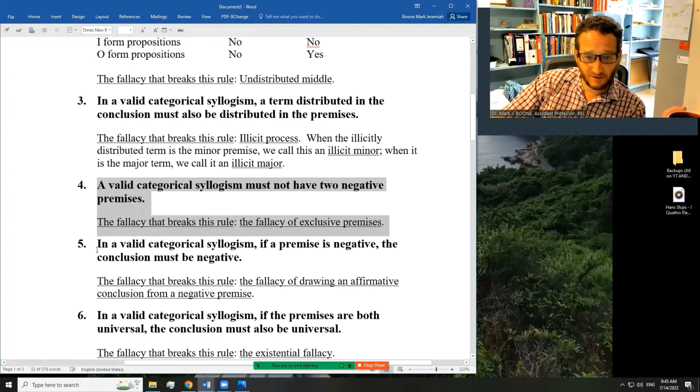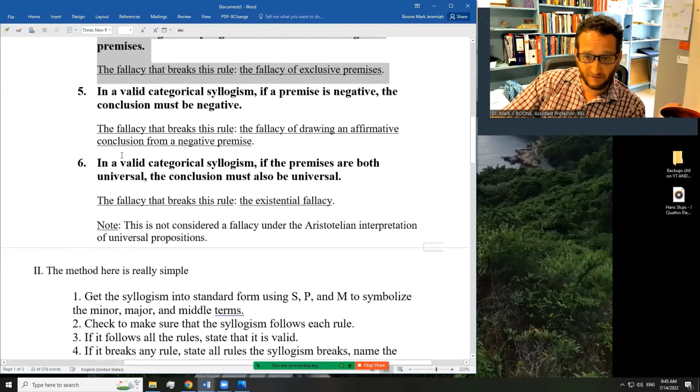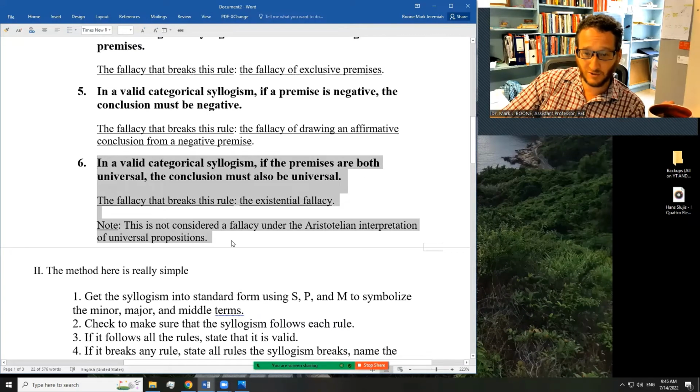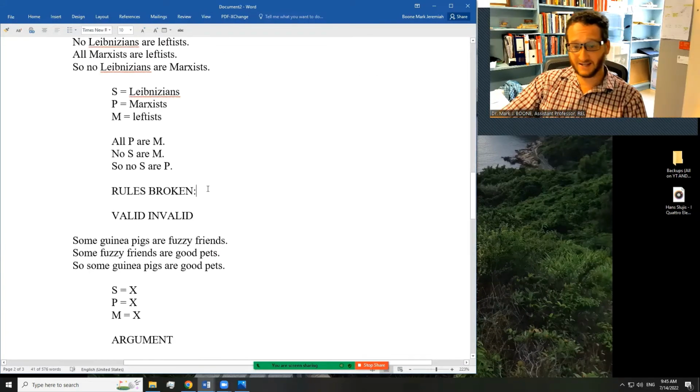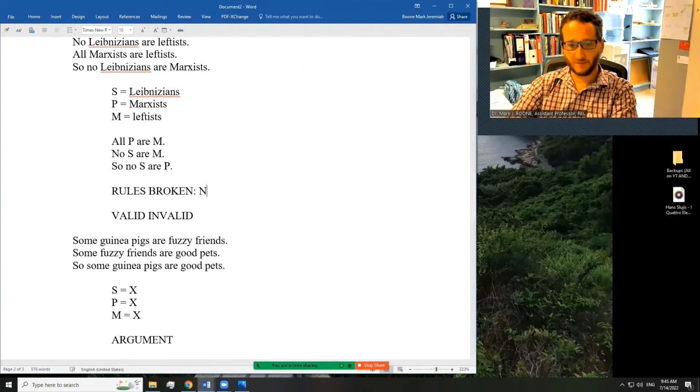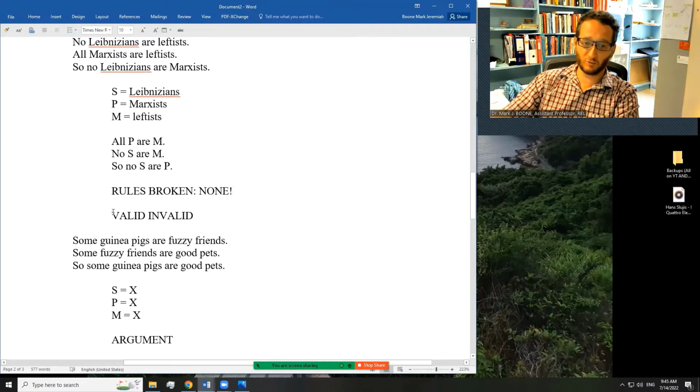Valid categorical syllogisms have no two negative premises, and if a premise is negative, the conclusion is negative. And finally, if the premise is universal, is the conclusion universal? Yes. So this argument breaks no rules, and it is not